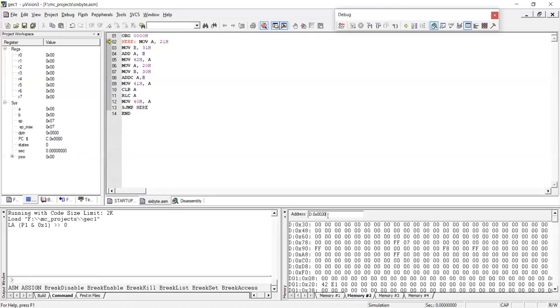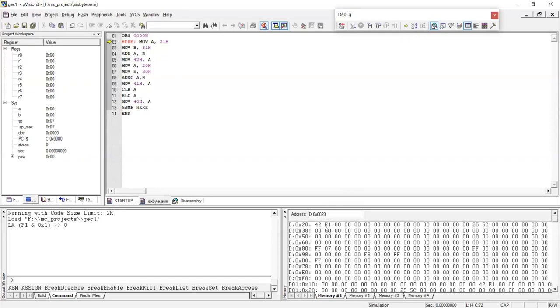And for the other 16-bit number, the higher byte is stored in 30H. The higher byte we had is 25. The lower byte is 5C here, right? So we can see from here, 20 has 42, 21 has E1.